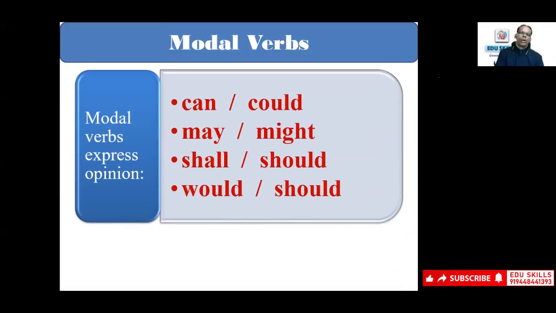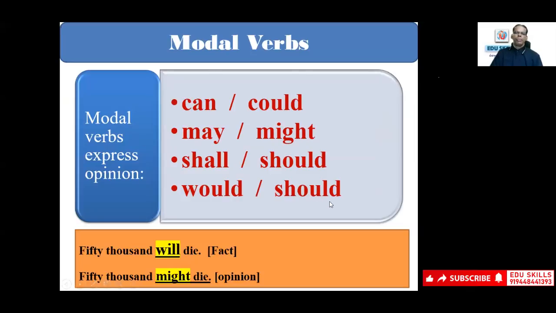So the next one is modal verbs. As you know, modal verbs express opinion. Can, past tense could, may, might, shall, should, would. Okay, there is a mistake here. There's a repetition there, typing mistakes. Okay, and the statement says,